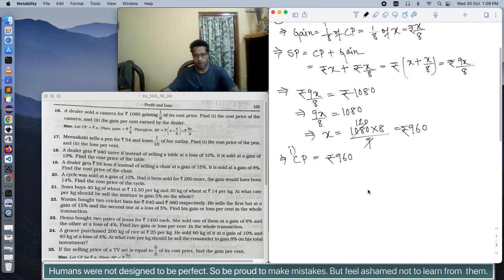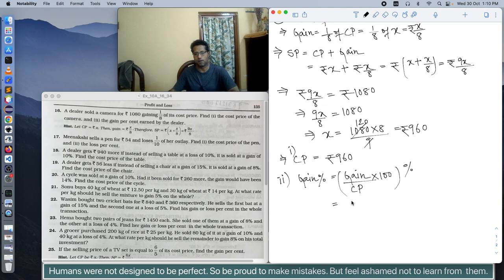And second part, we have to find the gain percent. Now we know that gain percent is based on the cost price, and the formula is gain percent is nothing but the percentage of gain based on the cost price, and the formula is gain by cost price multiplied by 100, this much percentage. Gain we know is